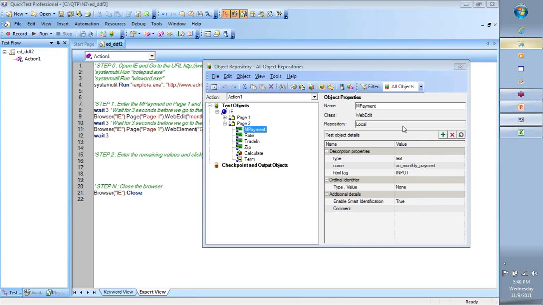Web edit, correct. And that's your edit field on your web page. And what could you perform on those? What did we see that you could do on it as a manual